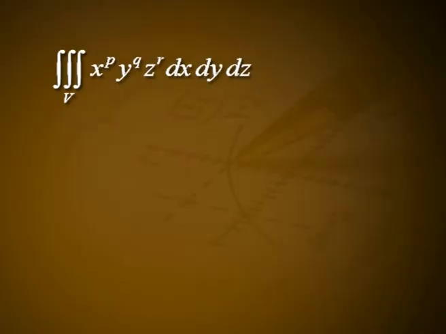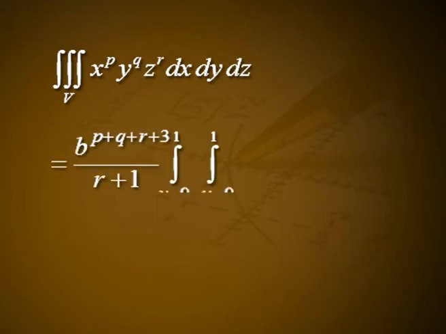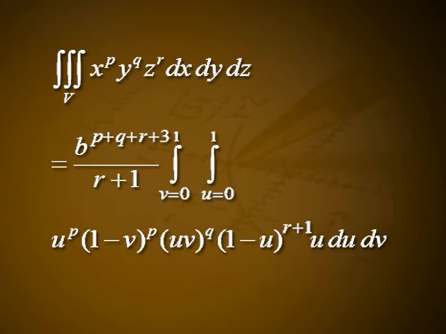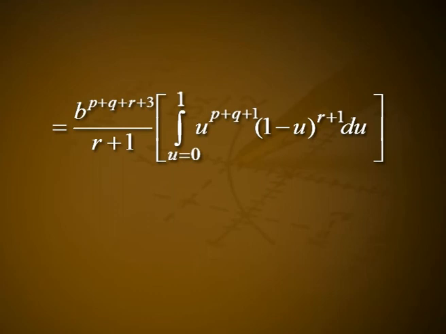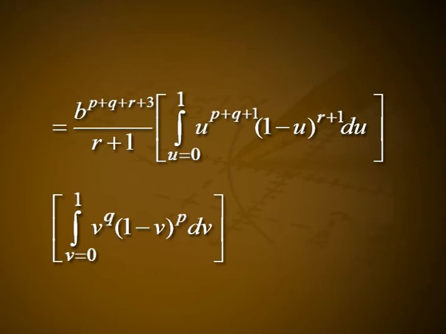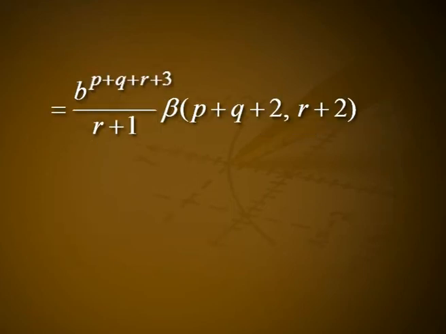With this, the triple integral over V of x^p y^q z^r dx dy dz is equal to b^(p+q+r+3)/(r+1) integral v = 0 to 1, integral u = 0 to 1 of u^p (1−v)^p (uv)^q (1−u)^(r+1) u du dv, that is equal to b^(p+q+r+3)/(r+1) integral u = 0 to 1 of u^(p+q+1) (1−u)^(r+1) du times integral v = 0 to 1 of v^q (1−v)^p dv,